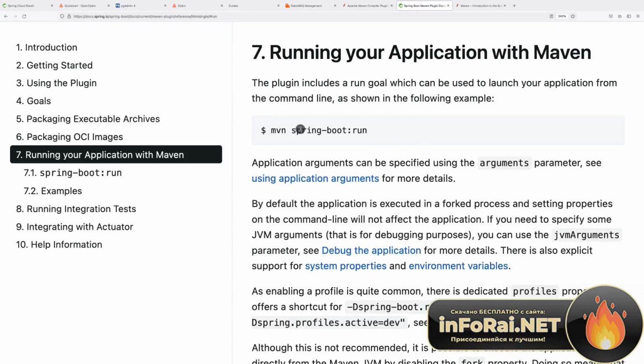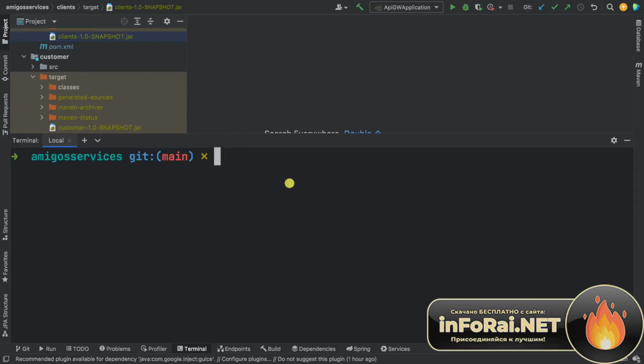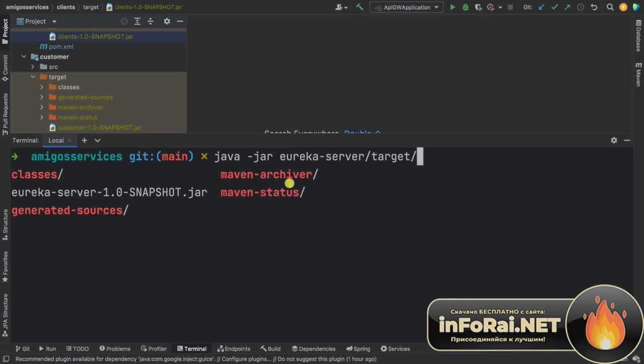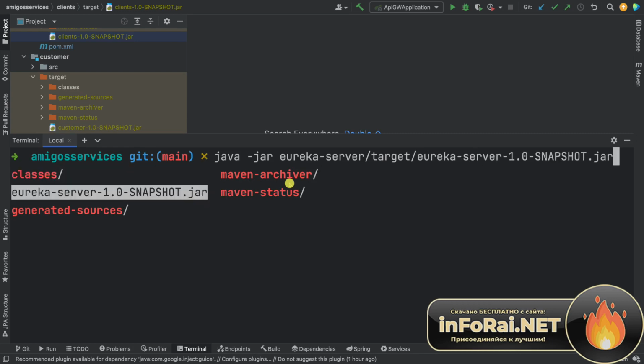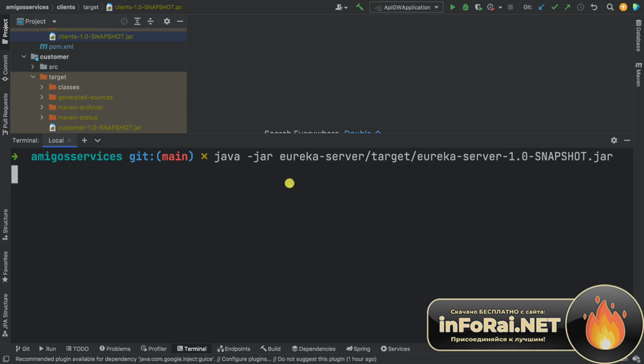So in here, you can say Maven and Spring Boot run. But what I want to show you is how to run using the traditional java -jar. So in here, let's kick off our Eureka server. So java -jar, and then Eureka server, target, and then if I press tab, we have the Eureka server, one snapshot and then jar. So let's just run this, enter,